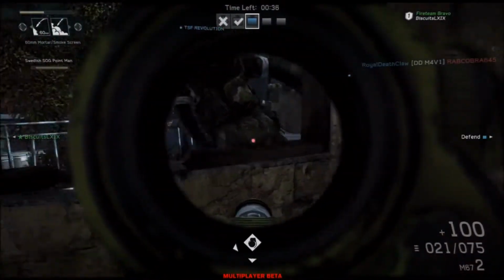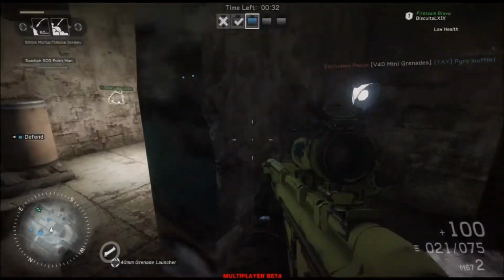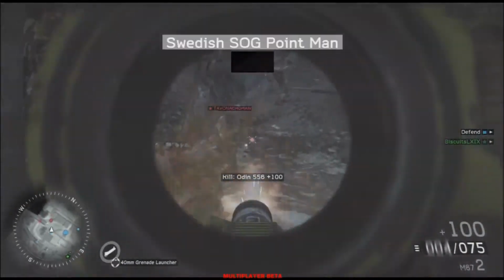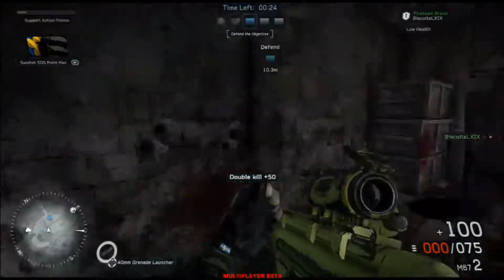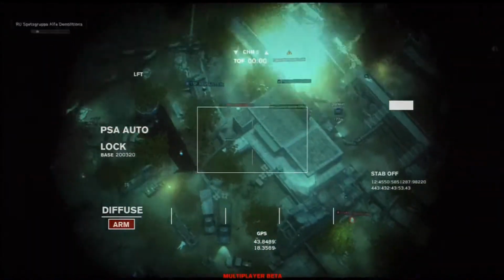And then the defensive team will have to go and shoot the Black Hawk down in order for them not to spawn from it, which is pretty interesting too. There's a Little Bird kill streak in here that I've seen. There's an Apache kill streak where I guess you're the gunners and those types of things. I haven't used those